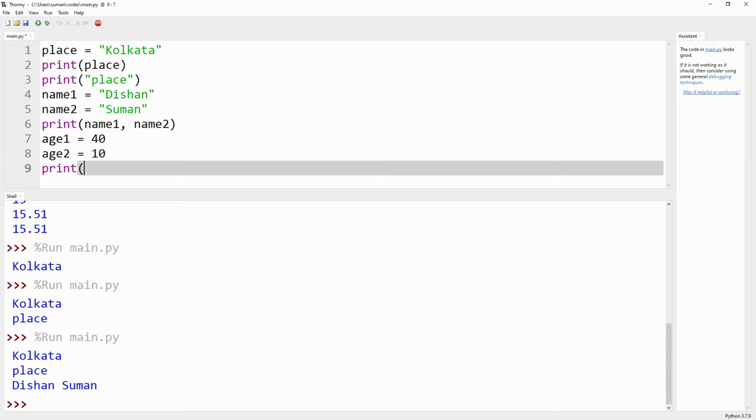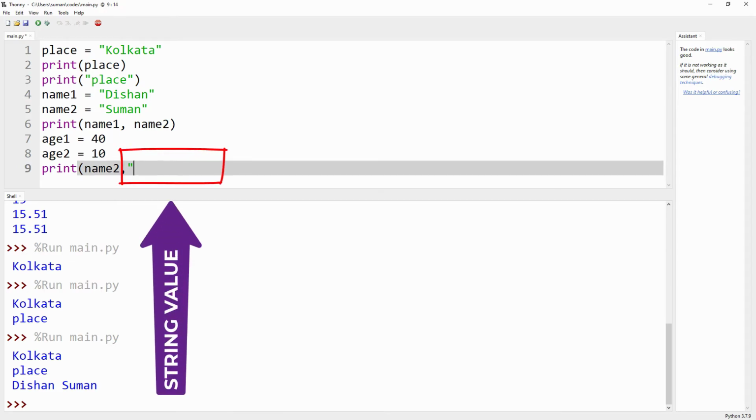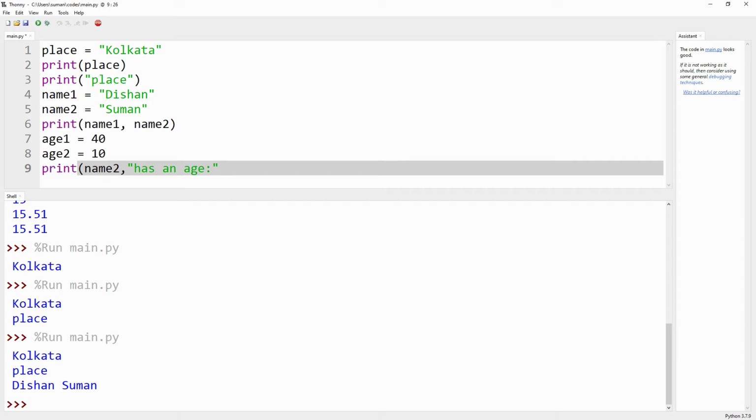At first we want to print Shumon, which can be collected from the variable name2, comma. Now we introduce "has an age", comma. Now the name of the variable that contains the age. Here we have used commas to separate the different data and variables.